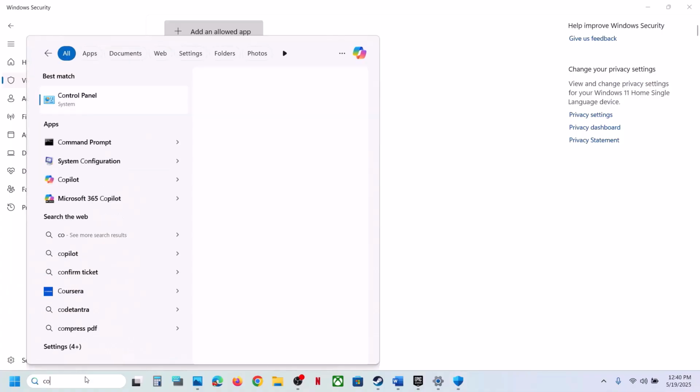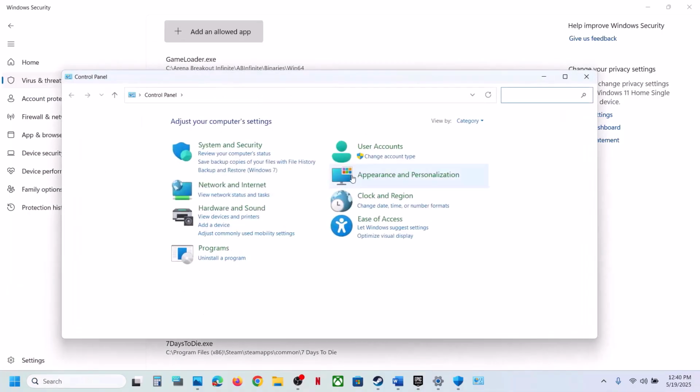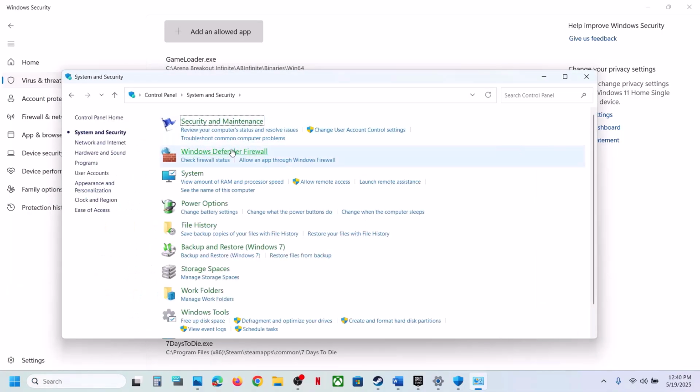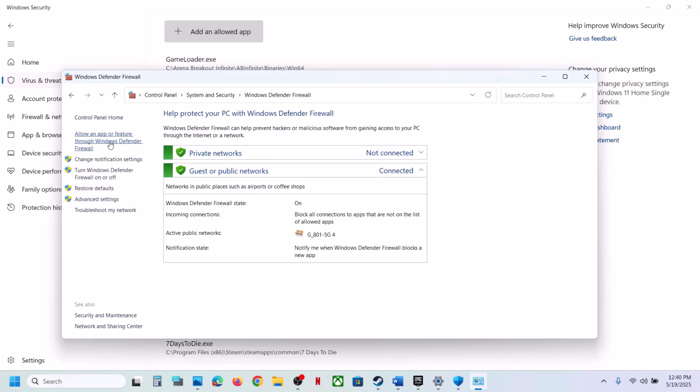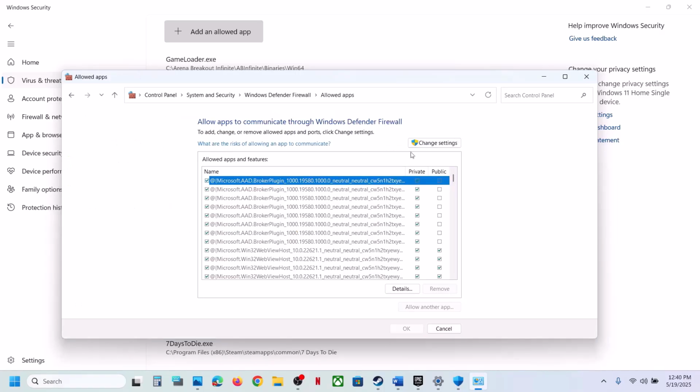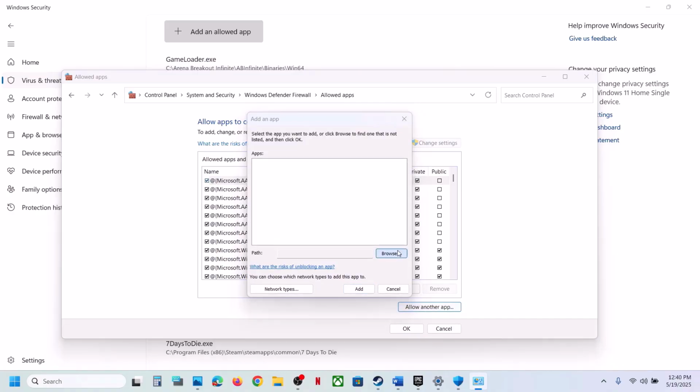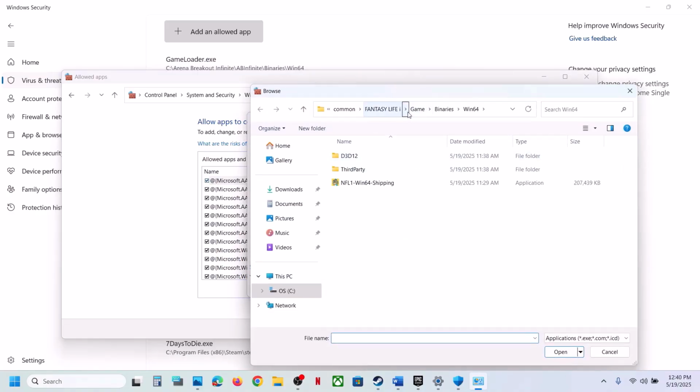and then select the game exe file, the first exe file and then click on open. And now type in control panel in the Windows search box and then click on control panel, go to system and security, Windows Defender firewall, click on allow an app or feature through Windows Defender firewall, click on change settings at the top, click on allow another app, click on browse and then go to the game installation folder and then